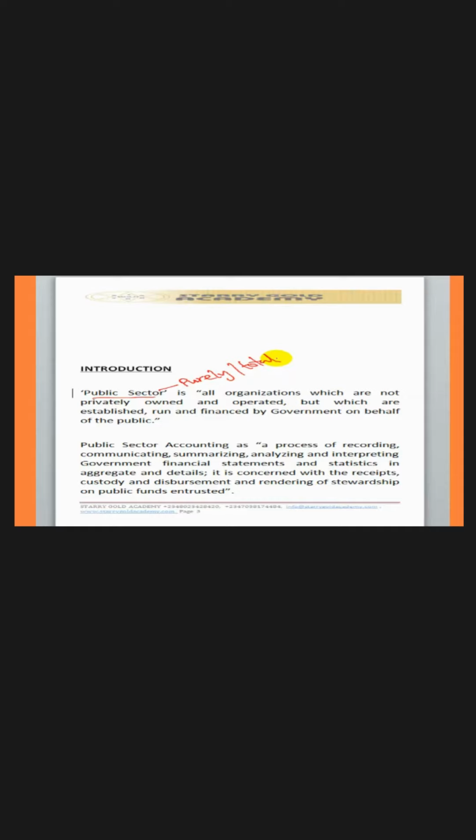So all organizations that are not privately owned and that are not privately operated, that is, all organizations that are purely owned, controlled, and operated by the government on behalf of the public, that is owned, controlled, managed,